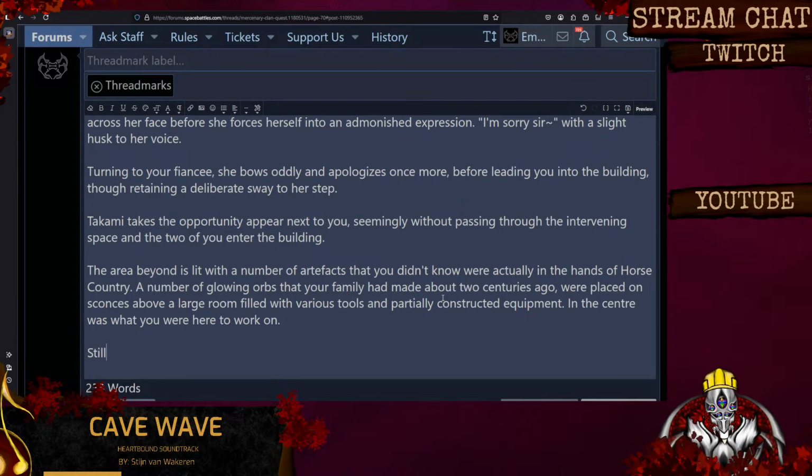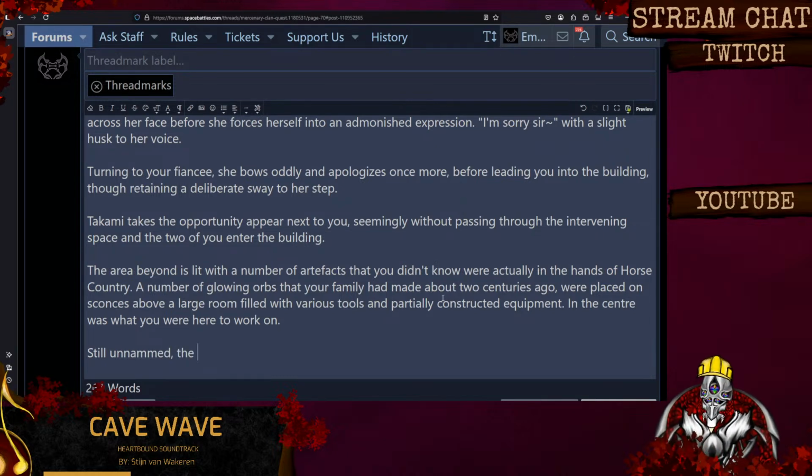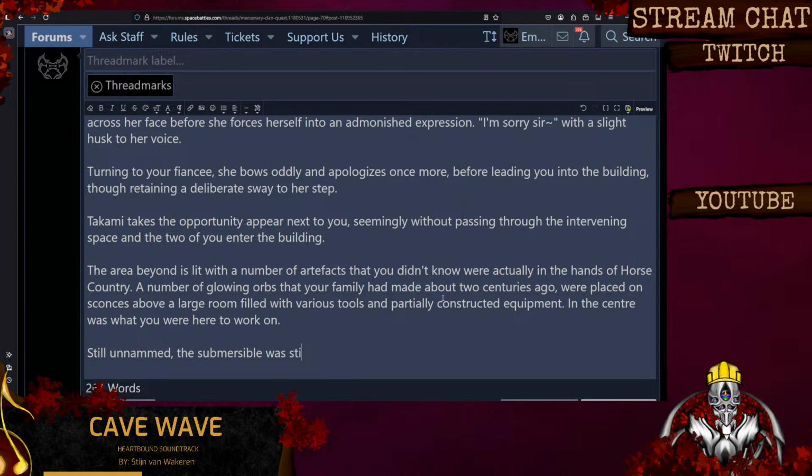Still unnamed, the submersible was still something of